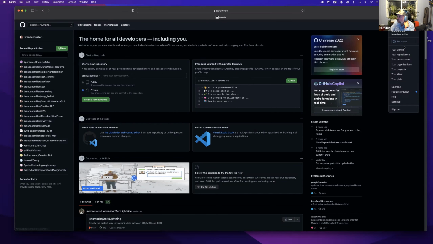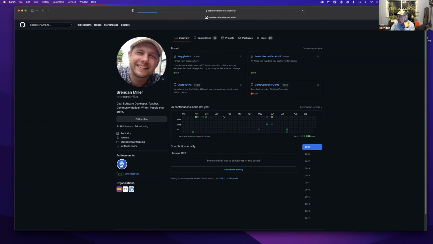Let me show you what my profile page looks like too. This is kind of neat. It shows you a graph of all the different contributions you've made within the past year. It's also got your latest projects that you can pin. Here I've got a robot I built with my daughter. I was using Git just as a document version control system here, just as a document tracker for a project I was working on.